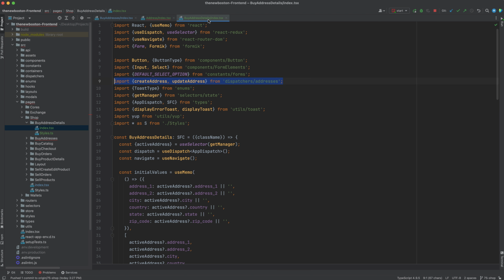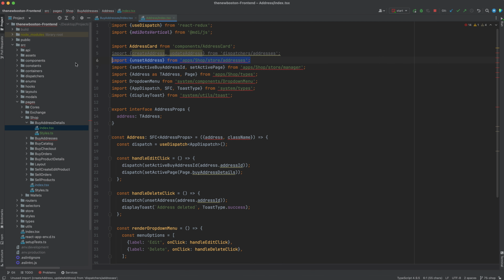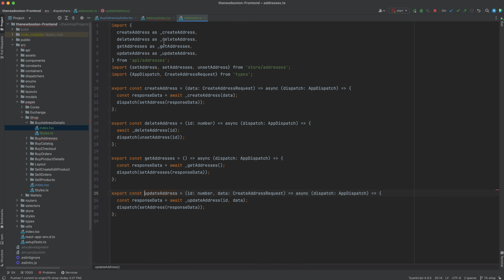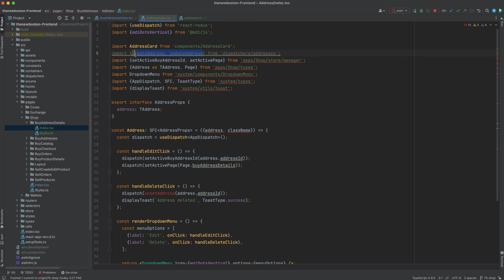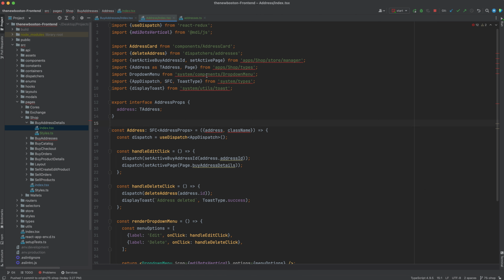Our address dispatchers. All right, so we are going to want to be able to delete an address whenever we call this delete. And what we are going to be doing